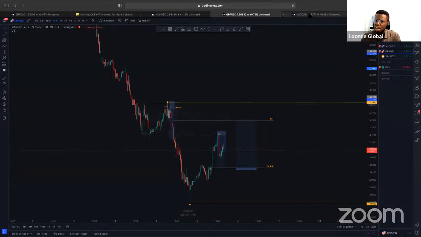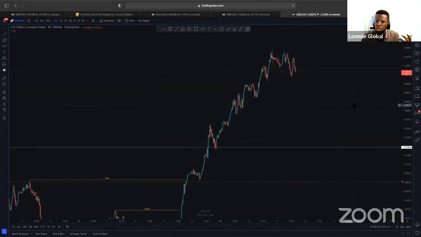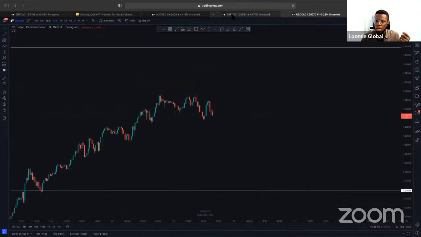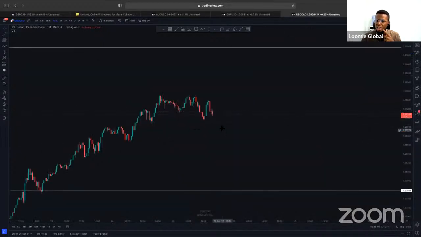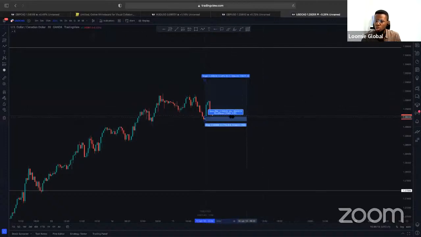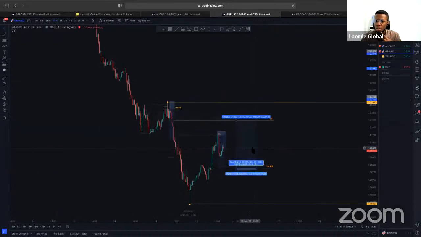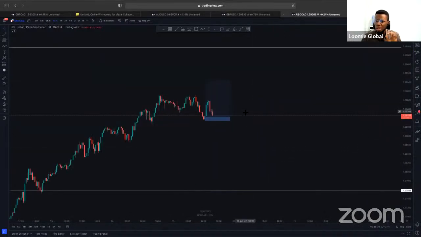So USD CAD is oppositely or inversely correlated to GBP USD. You are taking a buy on GBP USD, for example, expecting price to go up, and then you come to USD CAD and you are taking a buy as well, and you're expecting price to go up. What will most likely happen is by the time you are in profit on GBP USD, you would most likely be running at a loss on USD CAD because USD CAD will be going the opposite direction, right? Because it is inversely correlated. So when GBP USD is going up, USD CAD will be coming down. When USD CAD is coming down, GBP USD will be going up. I mean, the opposite applies to both of them. That is on one hand.